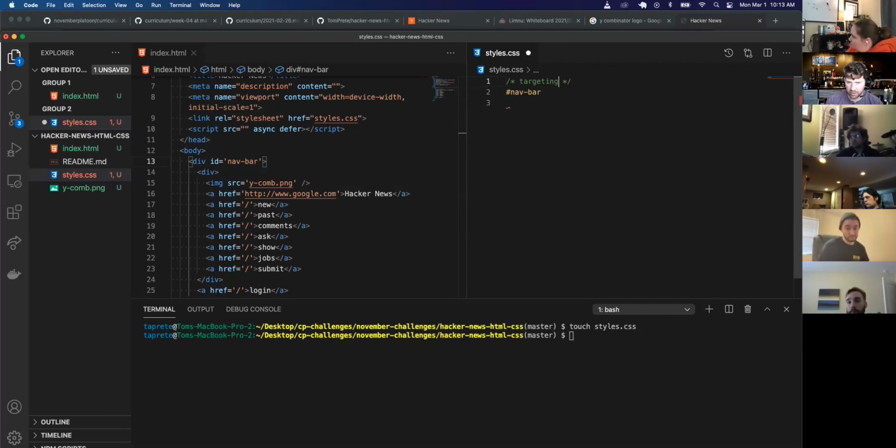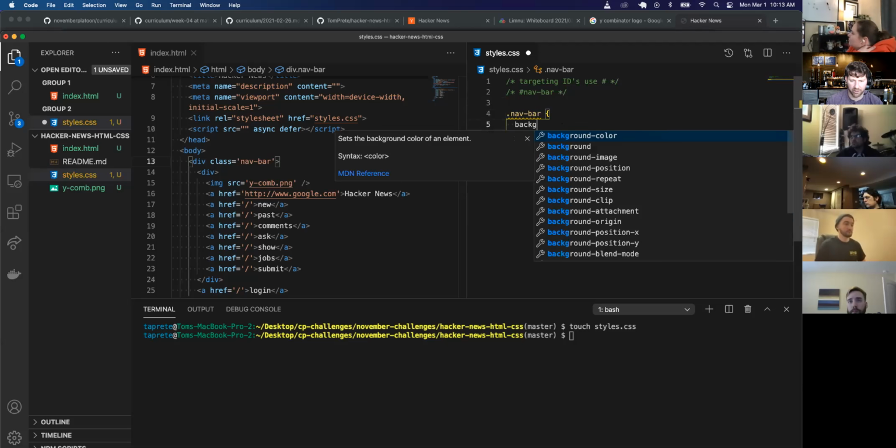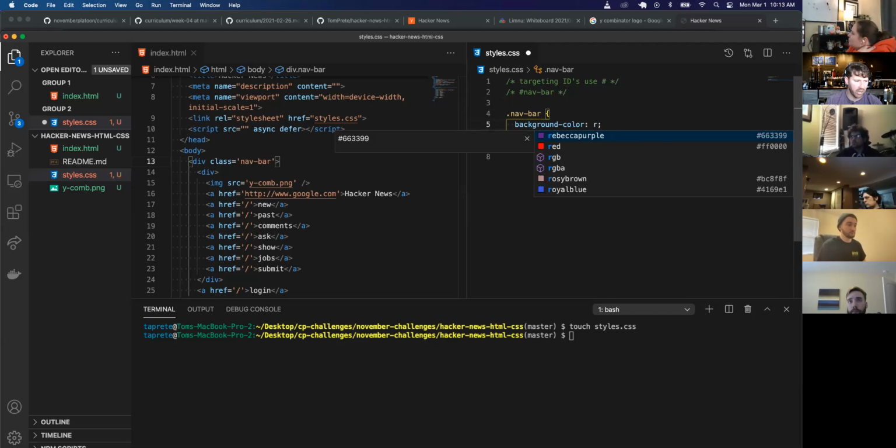So if it was an ID, it should be hashtag, like so. Otherwise, if it's a class, I just use the dot, the period. So if dot navbar, so I changed the navbar to a class. So now I want to do background color, and I want to use